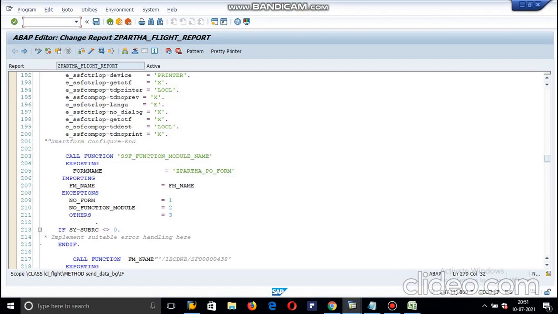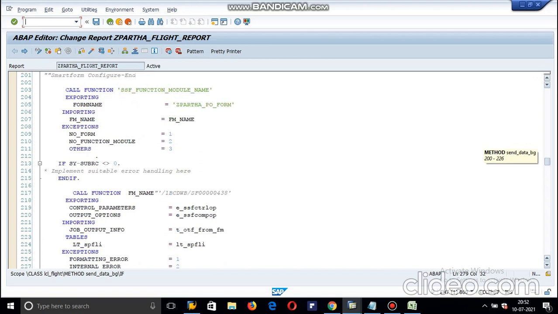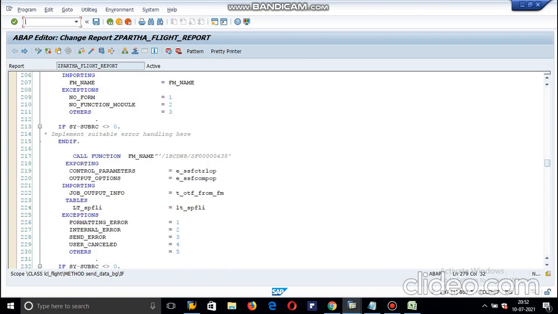You have to call the function module SSF function module name to get the dynamic FM, and then call that FM. Smart form is very client independent. As per real time business, you have to move the smart form from development to quality, and quality to production.